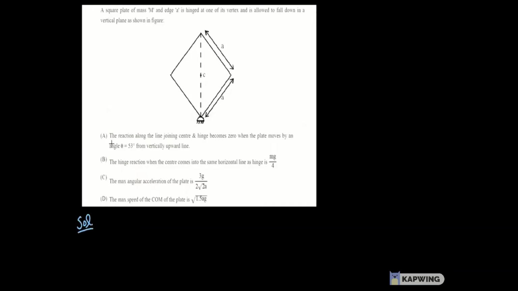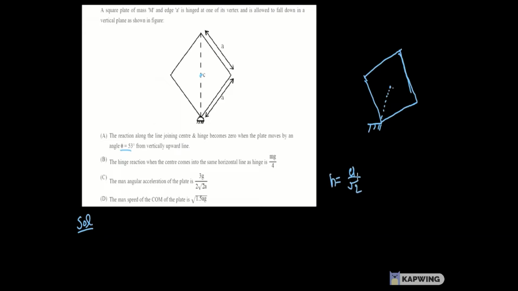In this question, in option A, we are asked whether the reaction along the line joining center and hinge becomes 0 when the plate moves by an angle theta equal to 53. So first of all, let's calculate the hinge reaction at a general angle theta, when the plate has rotated by some angle theta like this. In this case, its center of mass has moved by distance a by root